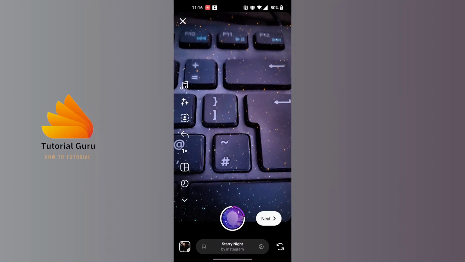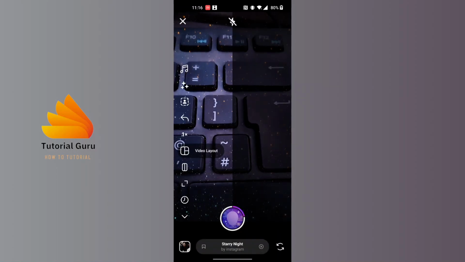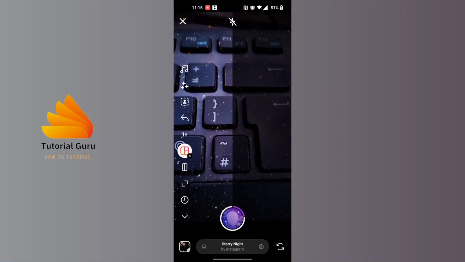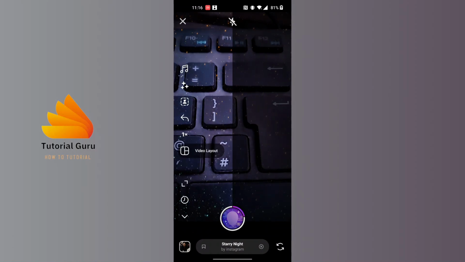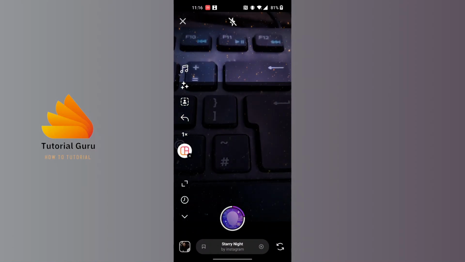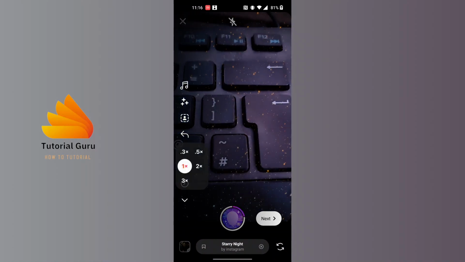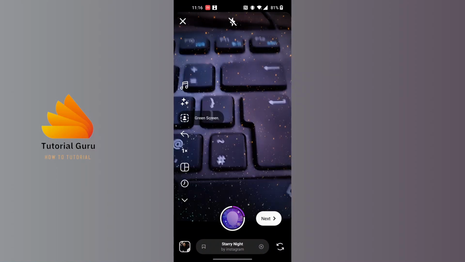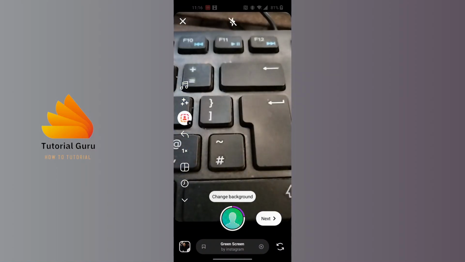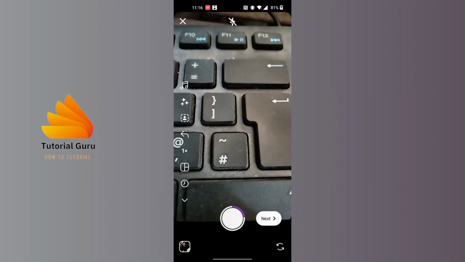And after that you can also choose the timing over here. Now after doing all of that, you can choose your video layout. If you tap on it, there is an option for types of video layouts available for us. You can do reshooting over here, and let's go back. You can speed up your video from over here. You can green screen your video. And after doing all of these edits, tap on the next button at the bottom right corner of the screen,